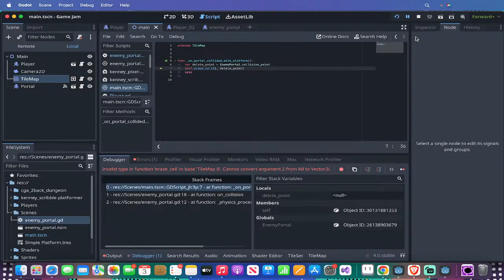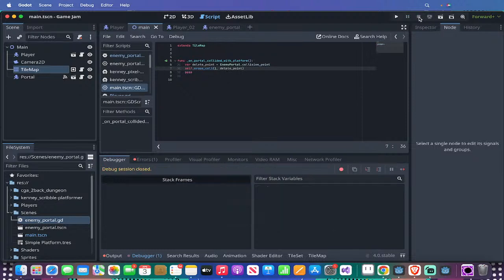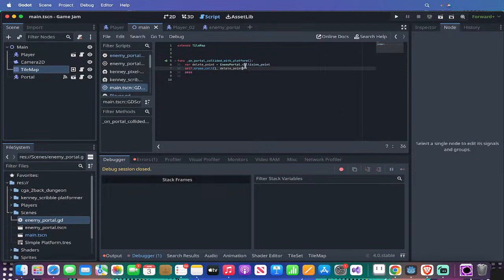Argument 2 from nil. So I guess it has a null point. Which maybe circles back to where we were before, where we